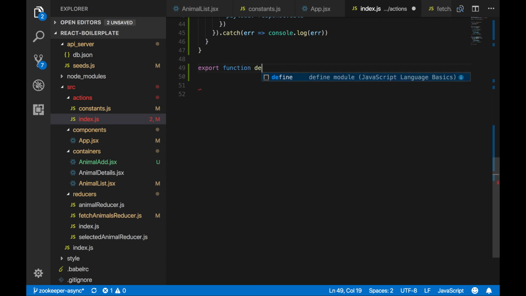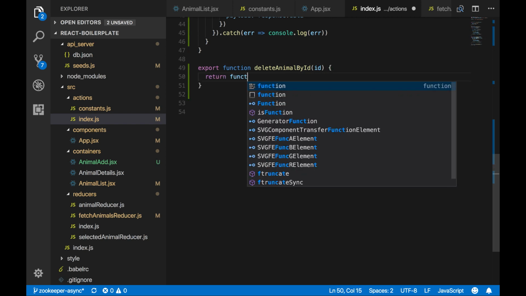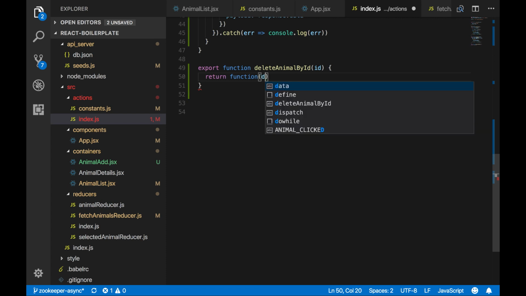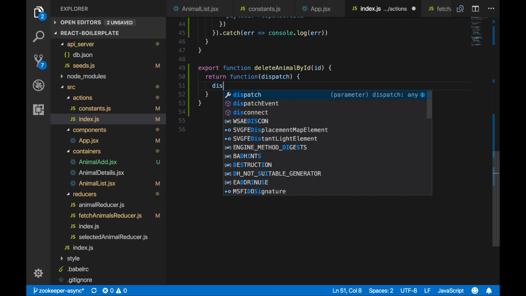Let's say delete animal by ID. I'm passing an ID here, so the rest is pretty much boilerplate. I'm returning a function with an argument of dispatch to make the Redux thunk part work, and then I'm dispatching